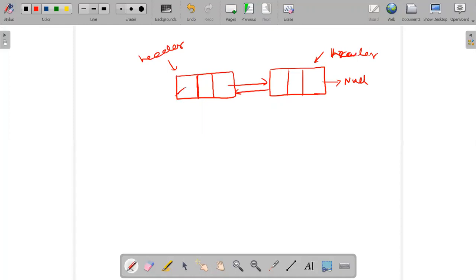This will obviously be pointing to null. Here let's say null or some garbage value is stored. I don't worry about that. And we call these sentinels.